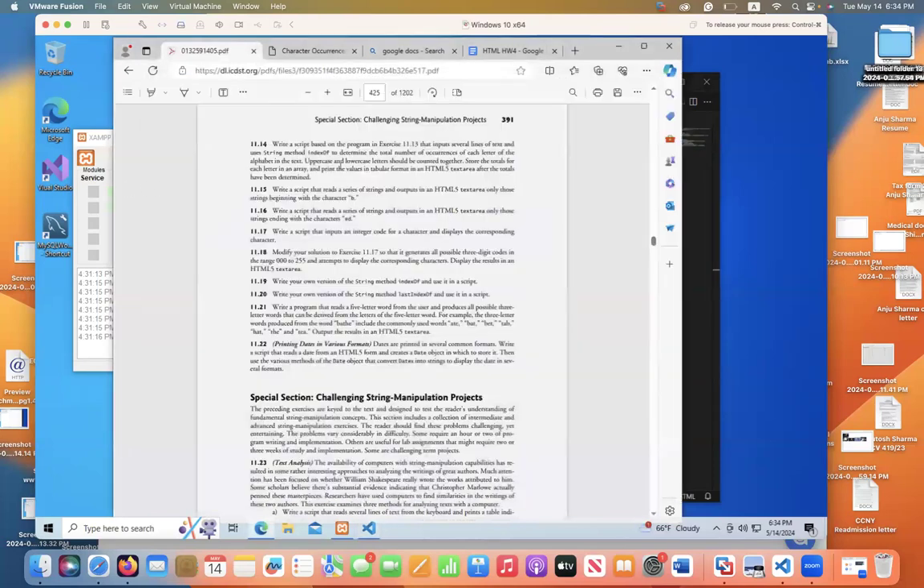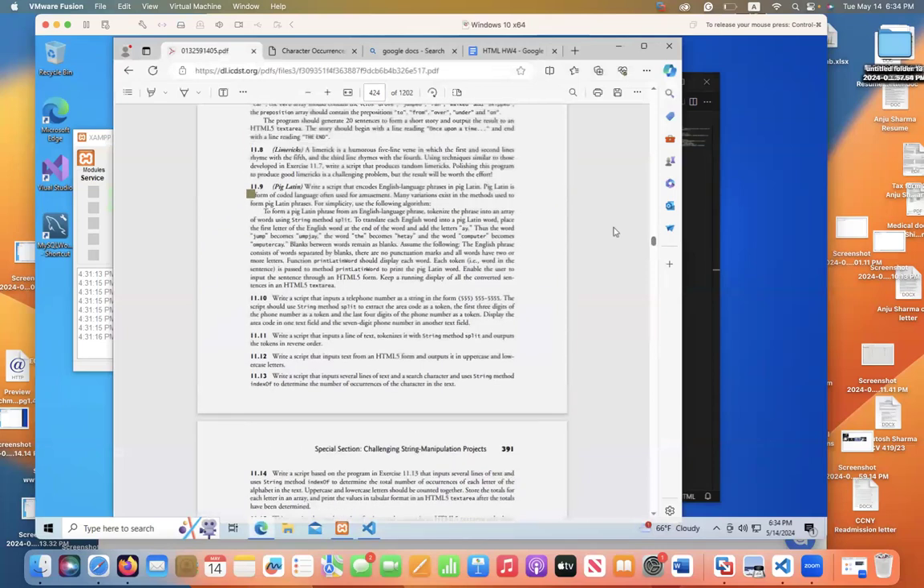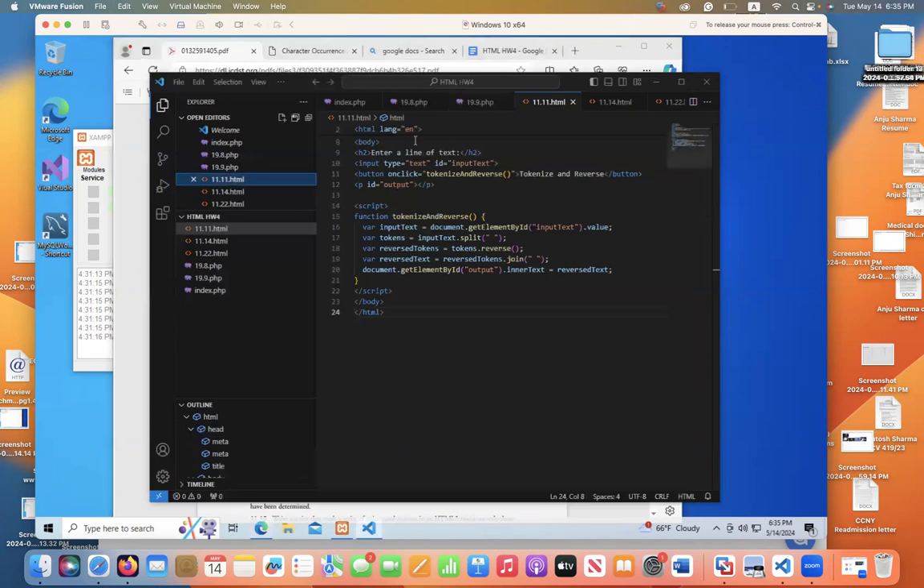So we're going over homework question 11. Line 11. So it says write a script that inputs a line of text, tokenize it with string method split, and outputs the tokens in reverse order. So this is the code for